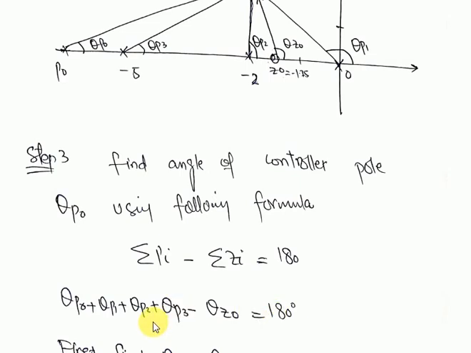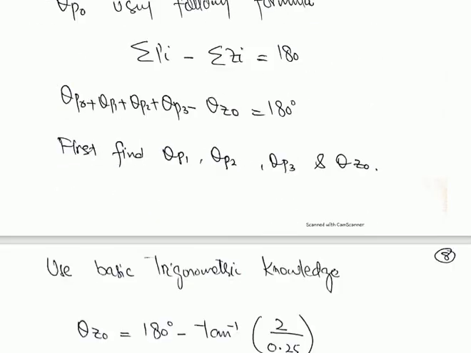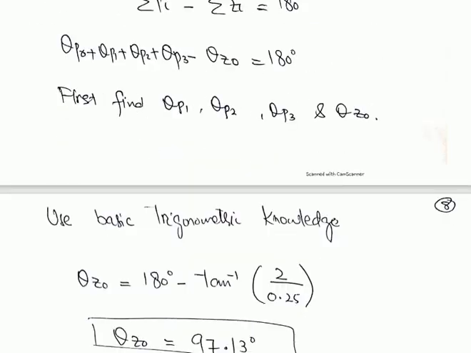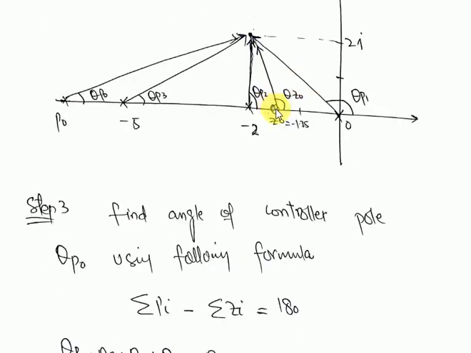See students, we don't have any of the angle here and we need to find theta p naught. So to find theta p naught we must know theta p1, theta p2, theta p3 and theta z naught. So what we will do, we will find all these angles. How? By using the basic trigonometry. Okay, let's see what is theta z naught. अगर आपको इस ज़ीरो का एंगल फाइंड करना हो तो हम क्या करेंगे स्टूडेंट्स? अगर आप ये देखें,